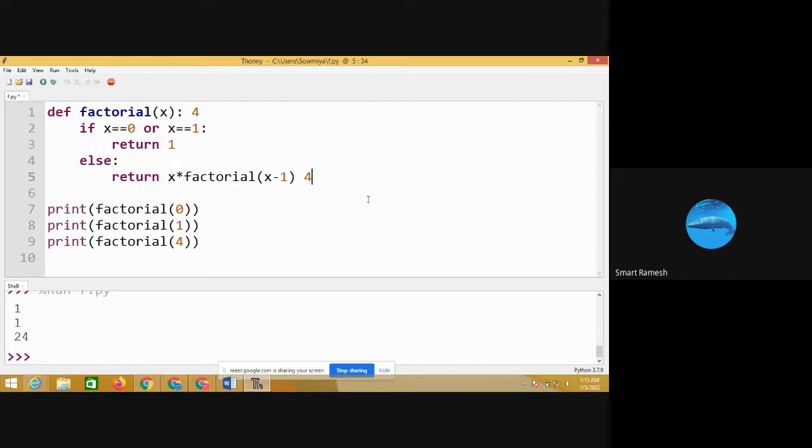So 4 into 3, again factorial of 3. Again the condition is false, else 4 into 3 into factorial of 2. So again comes here, 2 into 1. So the answer is 24.